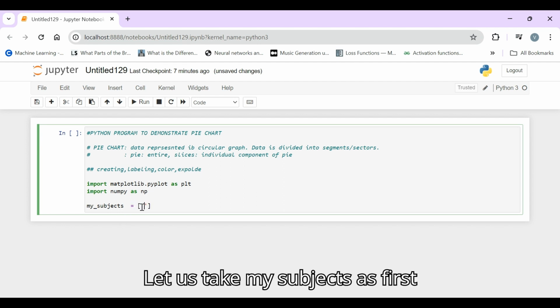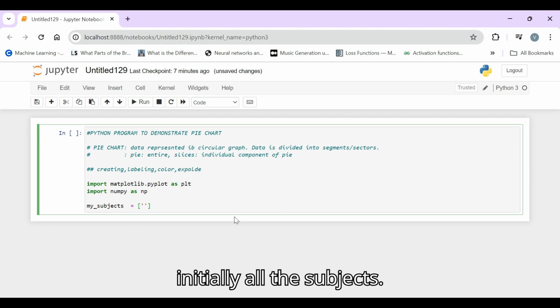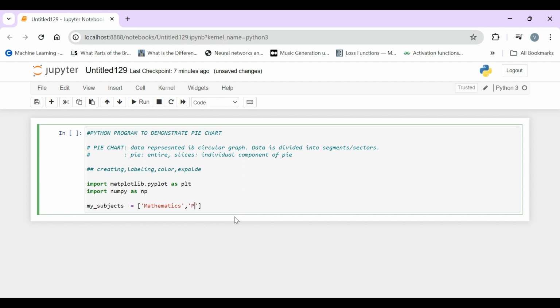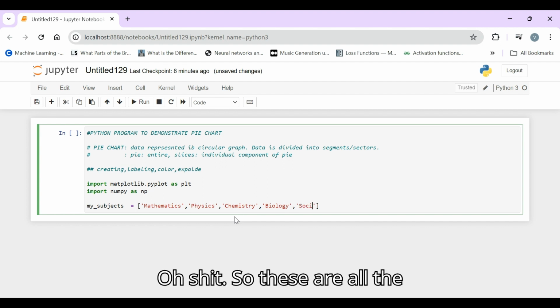I'll be naming them my subjects, and then the marks obtained in each subject. Let us take my subjects first: mathematics, physics, chemistry, biology, social.